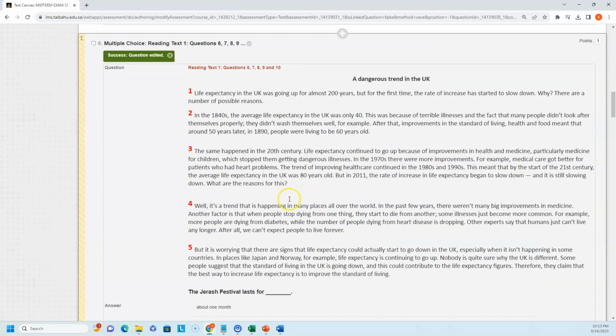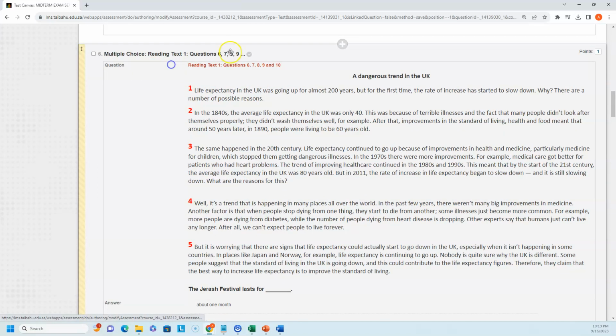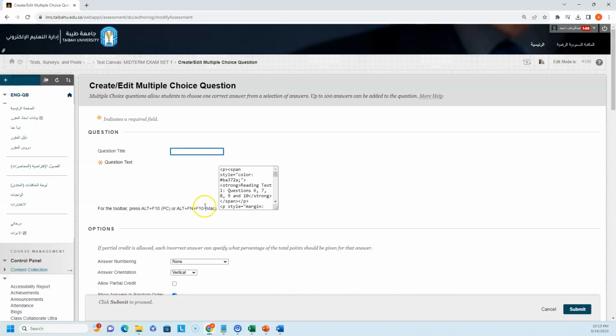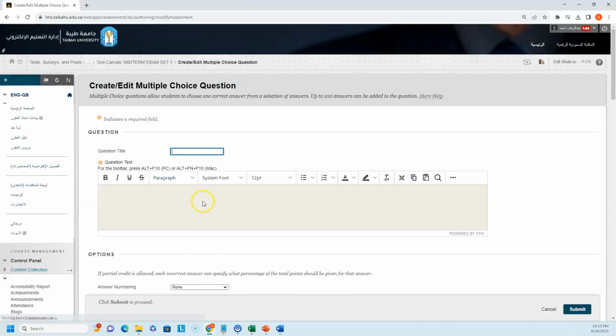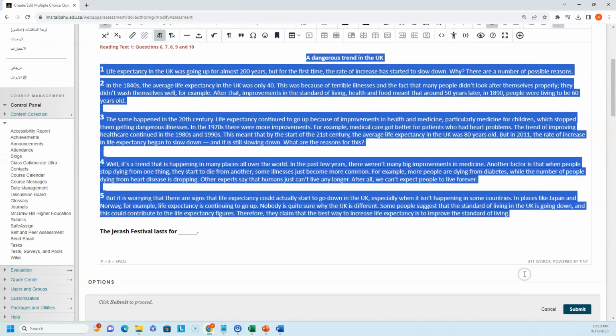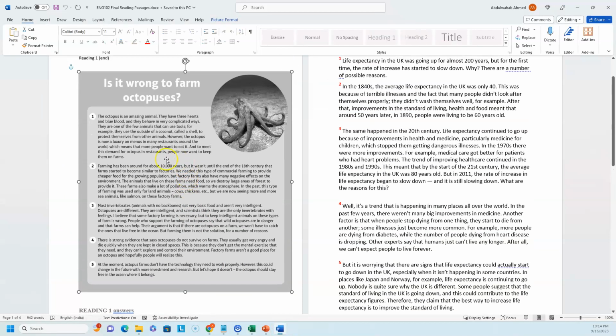Now, let me tell you, if the question is actually an image, then you need to upload the image. Alright, so same format. Let me just show you here. So here I'll remove this. So here we're going to upload the image. So for example here we have this image here. So here you need